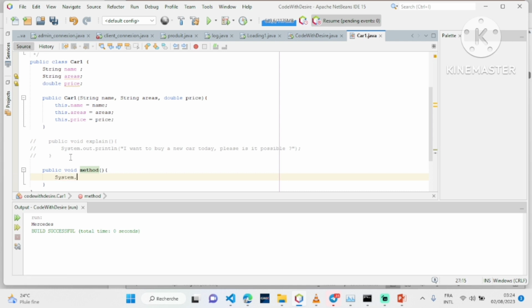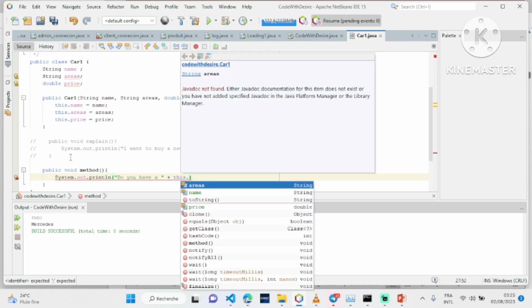We will say just System.out.println, and here we will say, do you have a, and we add here plus, we will say this dot name,